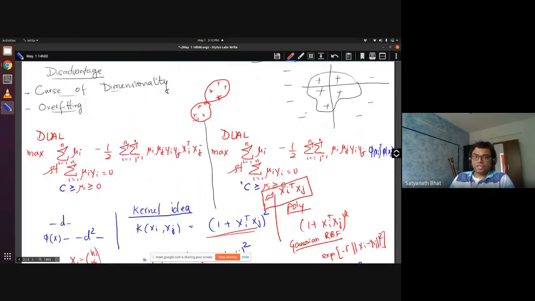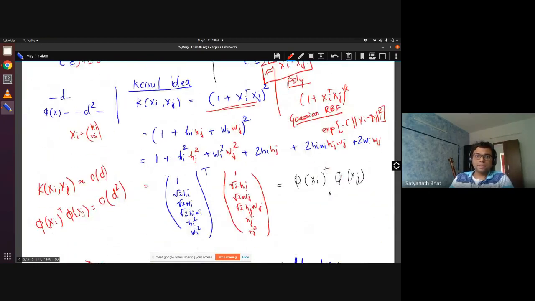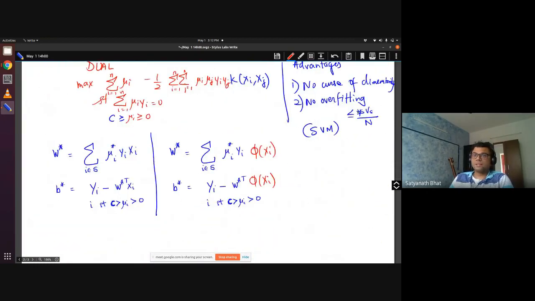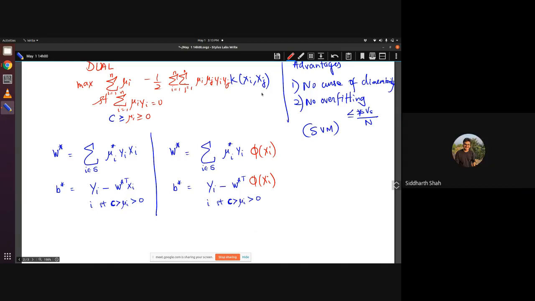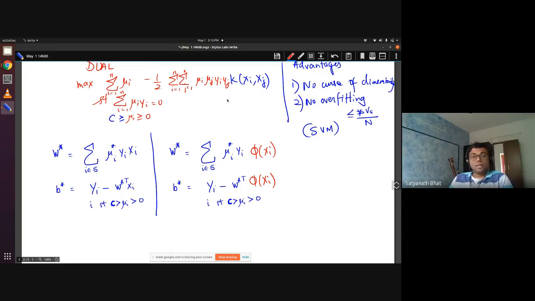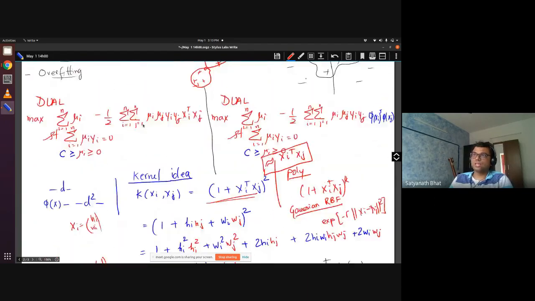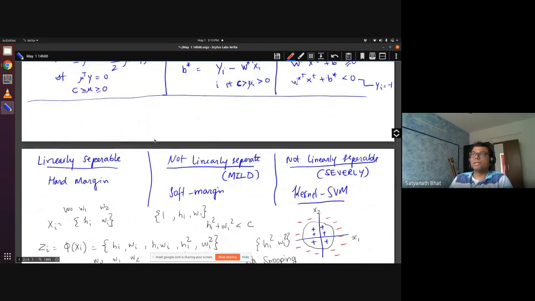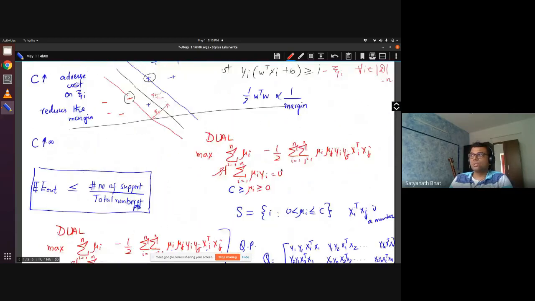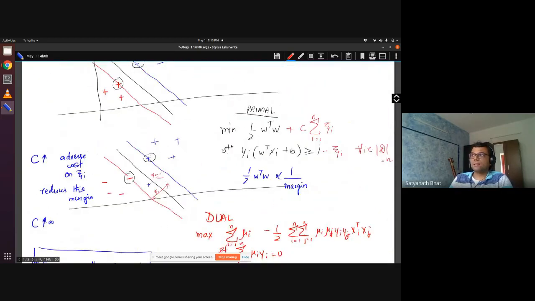Overfitting. Okay. Overfitting it is doing because the guarantee that I am giving you in SVM is that, so Vapnik proved this, right? He proved that the overfitting error is the number of support vectors divided by n. It doesn't matter what xi, xj are. Okay. So he has proved that. Sir, how was it a problem in the first place? The reason he was able to prove something like that is because there was already a W transpose W built into our primal, right? So there is already this kind of a factor coming in.